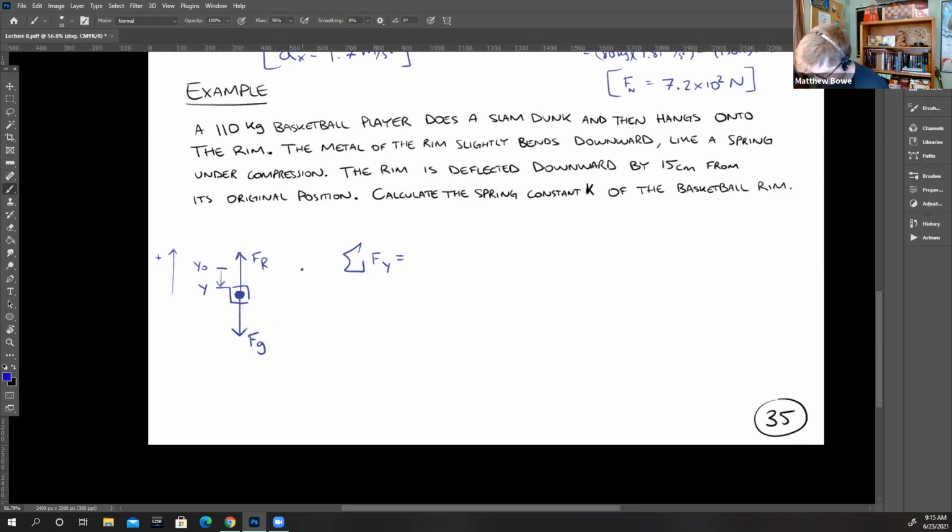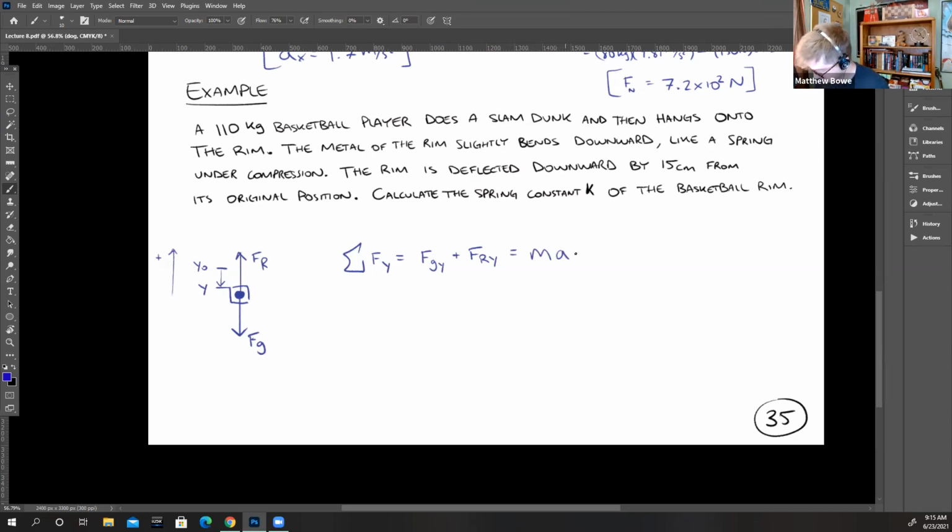That's just these two: the force due to gravity, the person being affected by gravity, plus the force of the rim in the y direction, is equal to